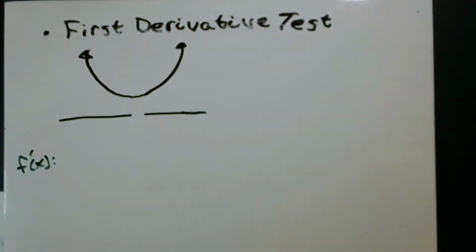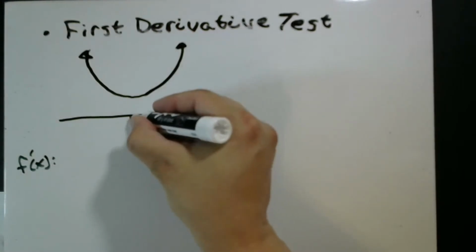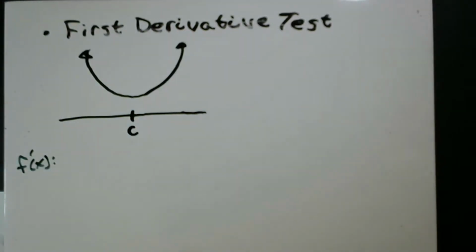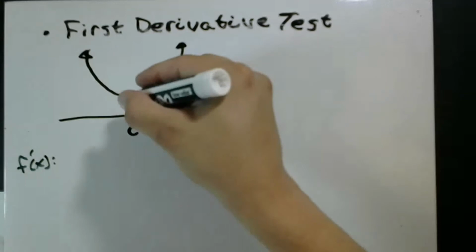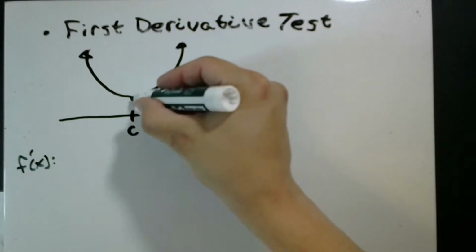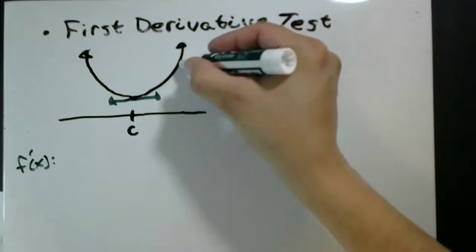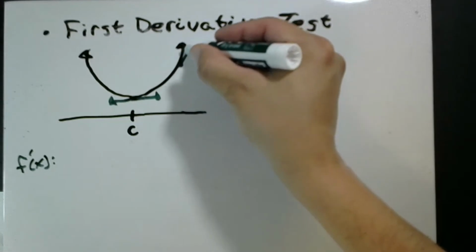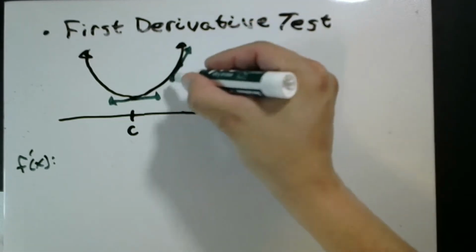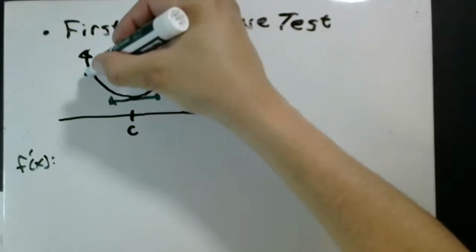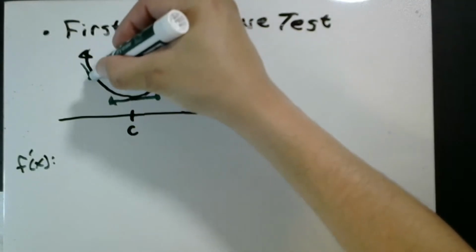Move my C here. So here's where our tangent has a slope of 0. But let's say if we look at the tangent lines after and before,